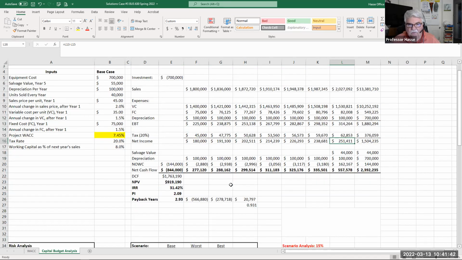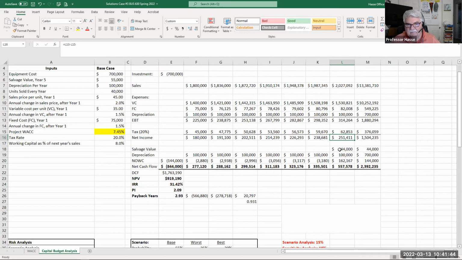First step, salvage value. It's given in the case as $55,000 in year 7. That means in year 7, we were receiving $55,000 as a disposal value of that asset, which we have to take tax out of, 20%. 55,000 times 1 minus T, which is 0.8, 80% of 55,000 is $44,000 after-tax salvage value.